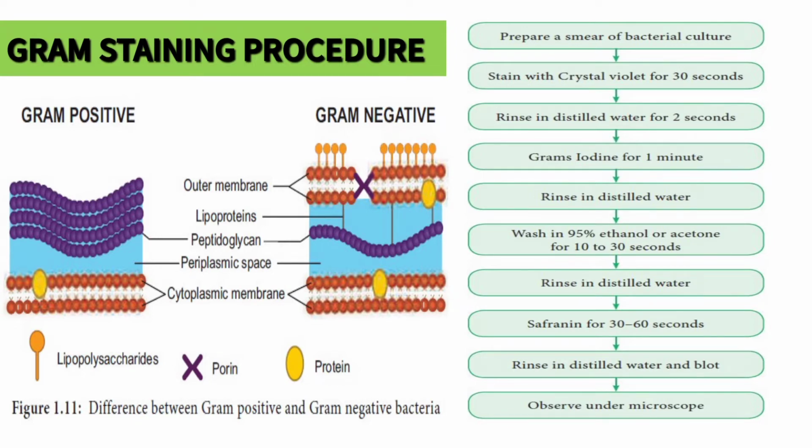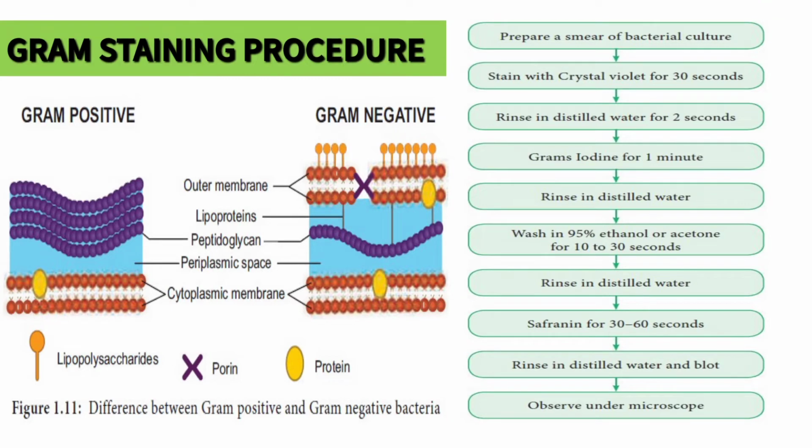And next, when you look under the microscope, these two types of structures can be observed. You can see this in the slide. The left side one is the gram positive, and then the gram negative. Gram positive looks very different when compared to gram negative. The outer membrane is different in gram negative, and lipoproteins are present in gram negative, whereas they are absent in gram positive. The periplasmic space is present in gram negative, and it is very small in gram positive. So these are some of the differences.